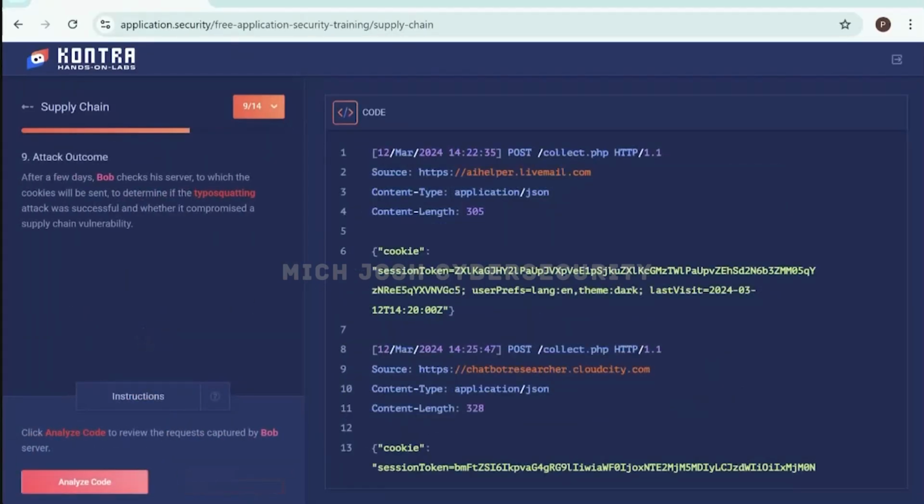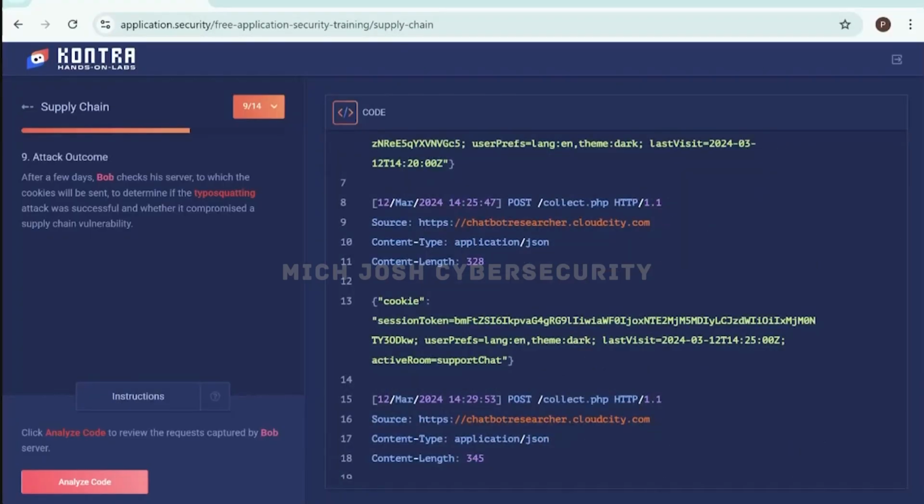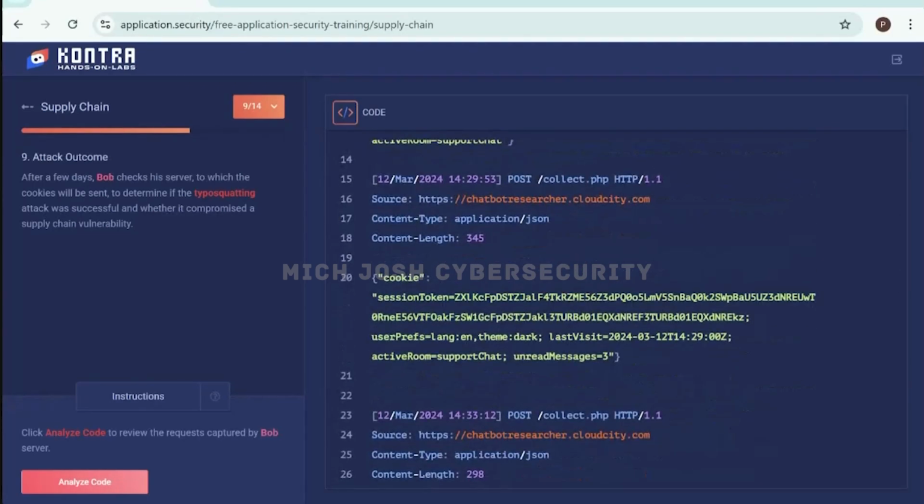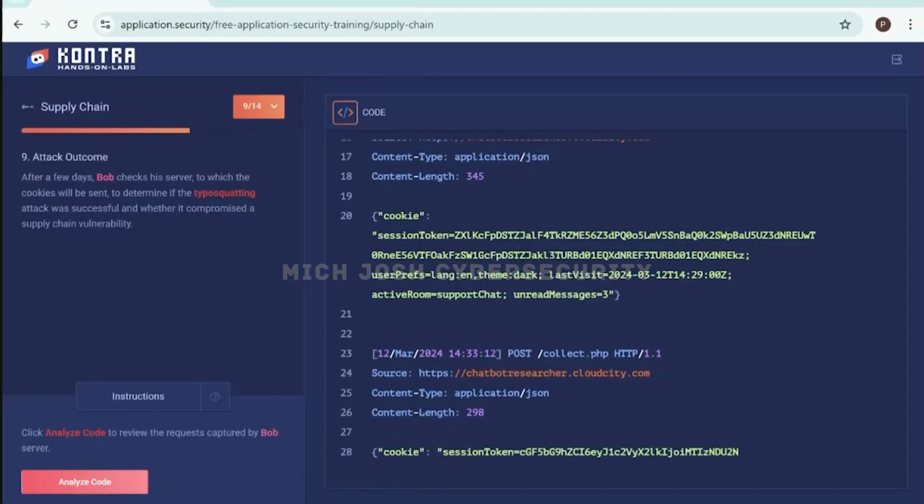So this is the output. Once the victim has executed it, the attacker will be able to get these cookies, the session tokens. Each time a request goes, it captures the response and sends it to the hacker's server. Okay, this is the cookie. The next time, it didn't send the entire response values. It sends only that particular header, the cookie values it took. So if you want, you can edit it. It's not only the cookie; whatever information you need, the post information, the body, you can